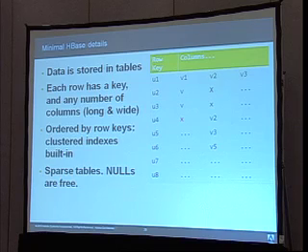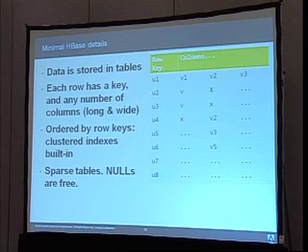Just for those of you who haven't used HBase, this is some really minimal detail so you understand what's going on. Basically, HBase, the Hadoop database, is a columnar data store where data is stored in tables. Each row has a key and any number of columns. This is really, really important. So think about HBase as like a quasi-infinite Excel table. So tables can be both long and wide, which is really, really important if you want to group some events and store them on a single row.